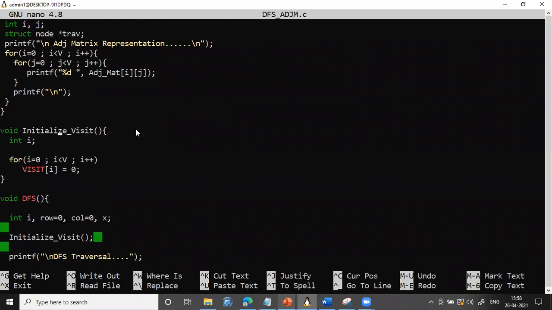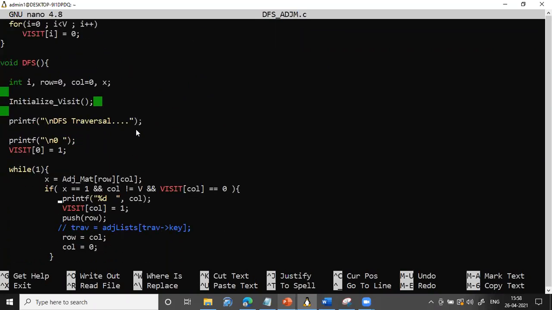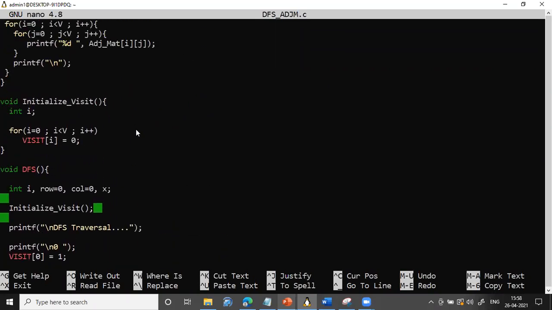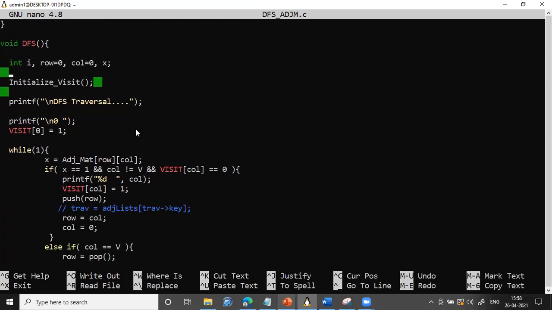And this is the function initialize visit, which initially sets visit value for every vertex as 0. And this is the DFS logic. This is an iterative logic, that is non-recursive logic for DFS.